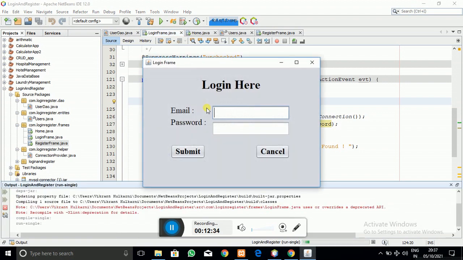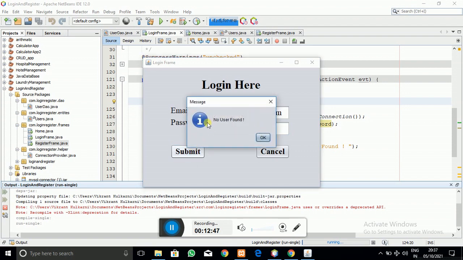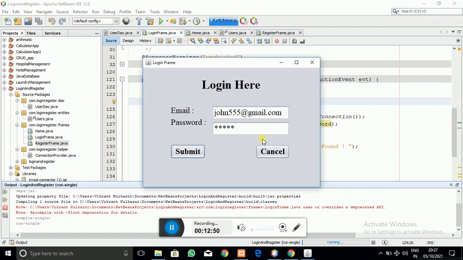Here you can see that the frame is open, and let's suppose first of all I add a wrong email ID which isn't registered, and a wrong password also, and when I click on the submit button, no user will be found. That means our code is exactly right.